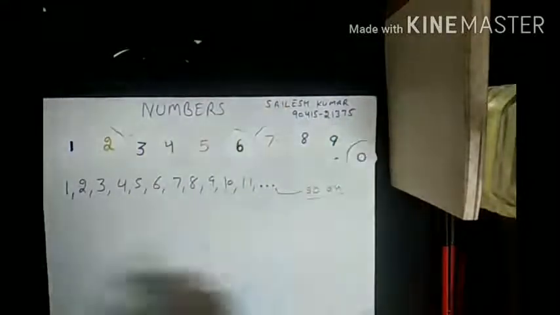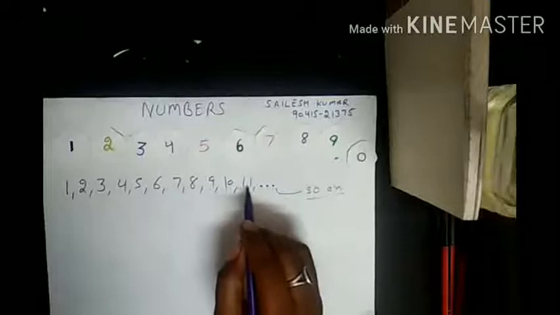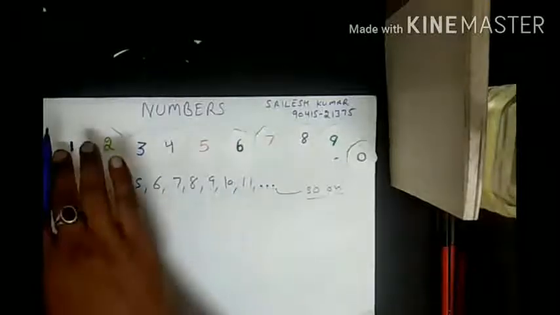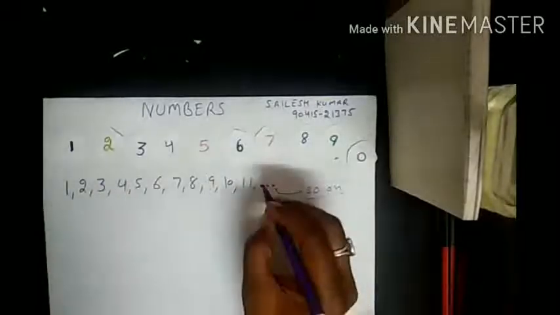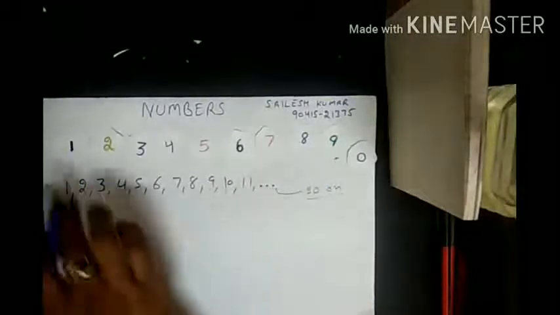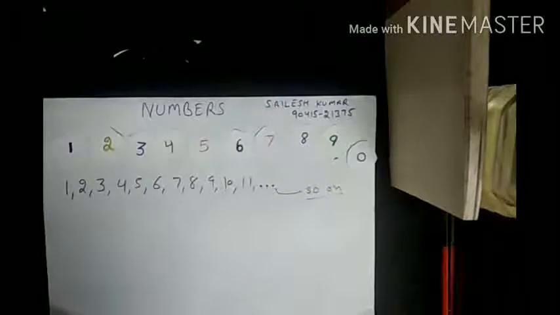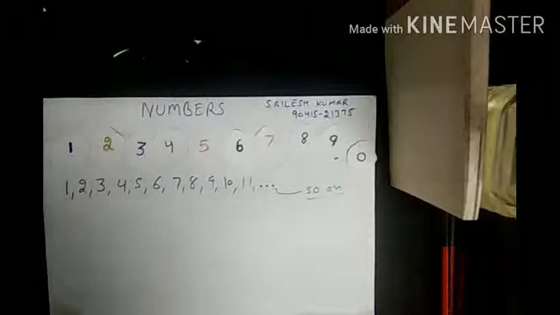If I have to write 11, then I will have to select 1 and 1 again. If I have to write 12, then I will have to opt 1 and 2. In this way we make our collection to form the desired number, and after this